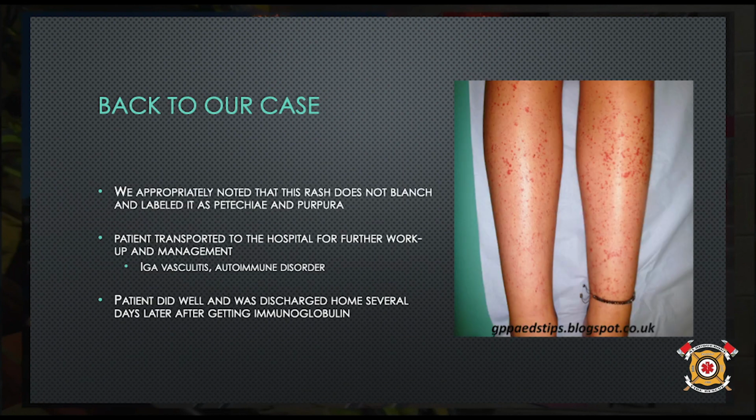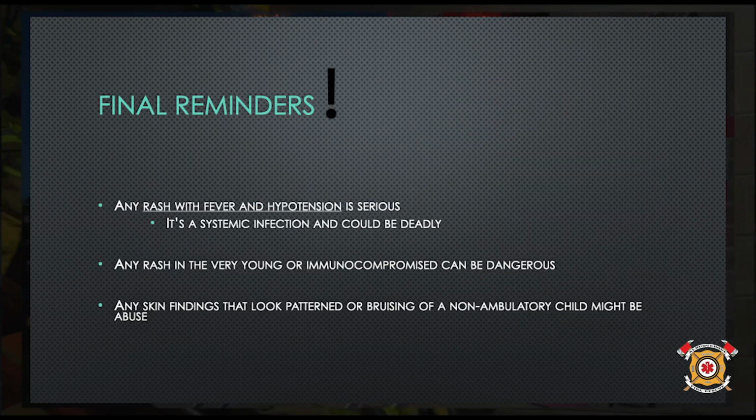So back to our case, we noted that this was petechiae and purpura. We didn't know exactly the diagnosis, but we knew it was concerning enough to take the child to the hospital. The child got several days of immunoglobulin, did fine, no kidney dysfunction, and was able to go home. So our final reminders. Any rash with fever and hypotension is serious. It's a systemic infection and could be deadly. Any rash in the very young or immunocompromised can be dangerous. Any skin findings that look patterned or bruising of a non-ambulatory child might be abuse, and we should get the